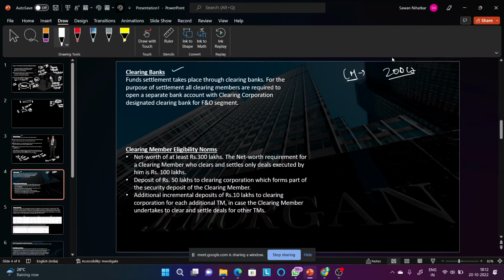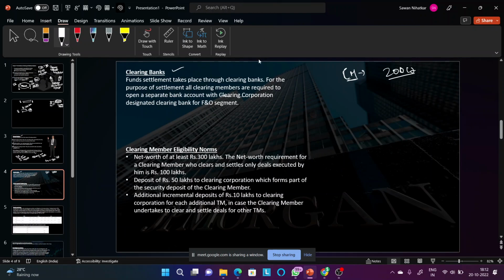So in that case, what will happen is this member is not big enough. I mean, he doesn't hold that much liquidity or that much expertise, or he lacks that kind of manpower. उसका मैन पावर इतना ज्यादा नहीं है कि वो इतने बड़े ट्रांजैक्शन को हैंडल कर पाए. So in that case what happens is we involve clearing banks, like one particular bank which is going to take care of your entire clearing process.